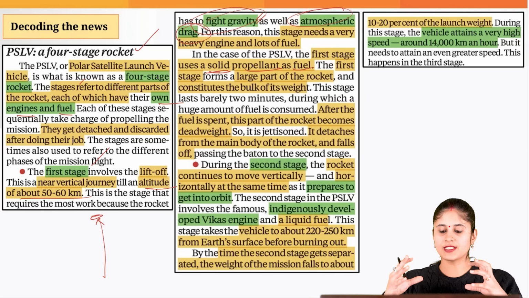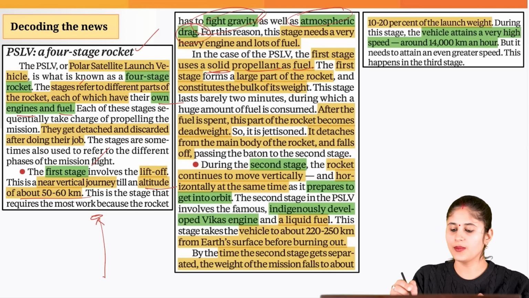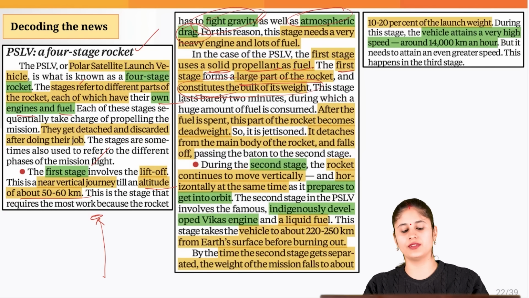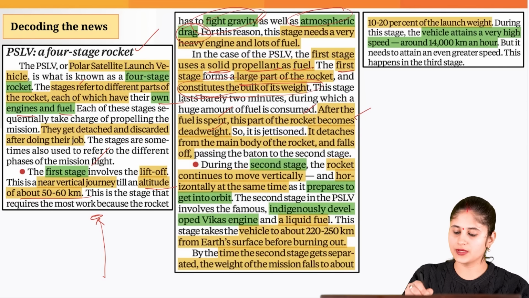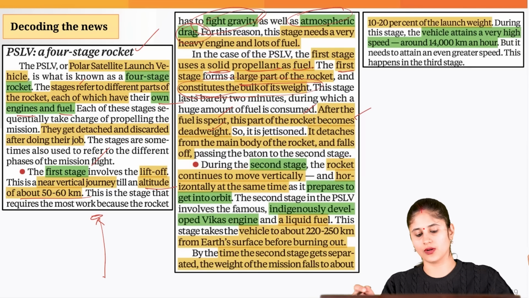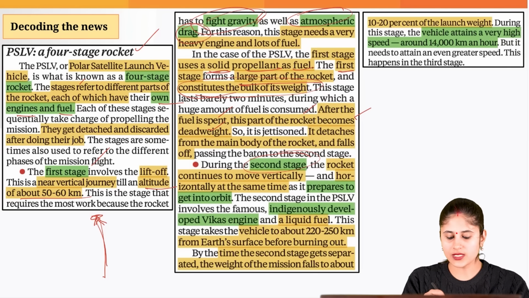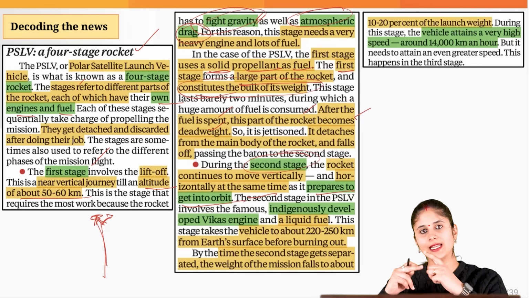And once the first stage gets completed, the rocket's weight becomes less, because the first stage constitutes the bulk of the weight of the particular rocket. After the fuel is spent, that part of the rocket becomes dead weight and it gets detached from the main rocket. Then comes the second stage, wherein the rocket continues to move vertically and starts moving horizontally at the same time